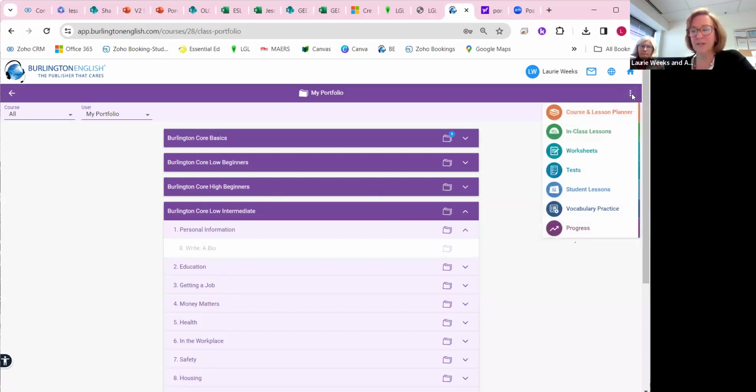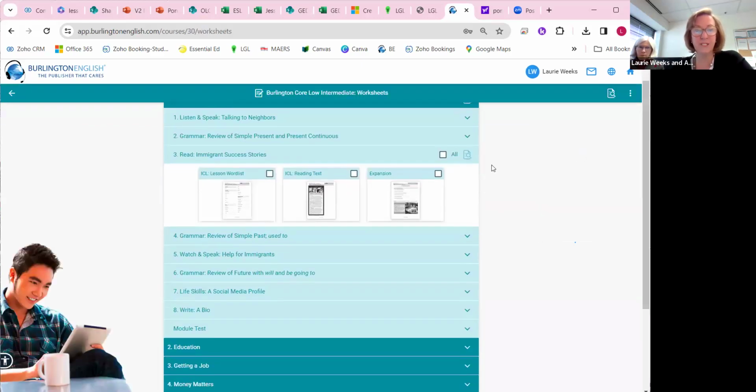So that's sort of like checking the student's progress. The student lessons is where they do the work. The progress is where you see how they've done. Let's take a quick look at the worksheets because these are